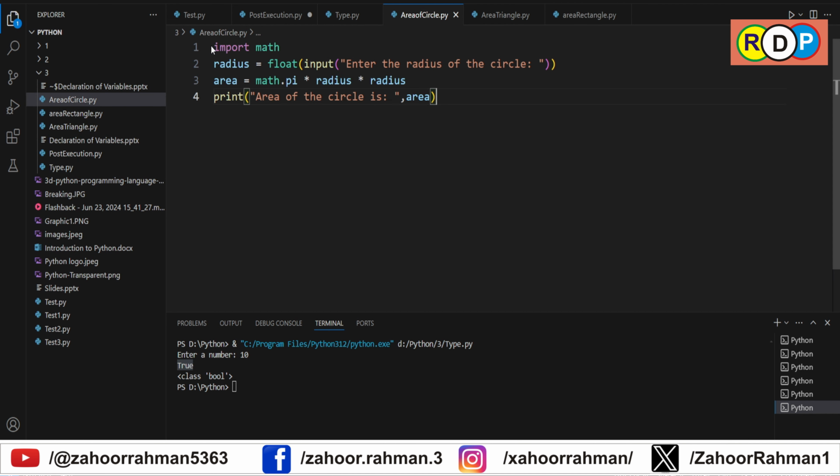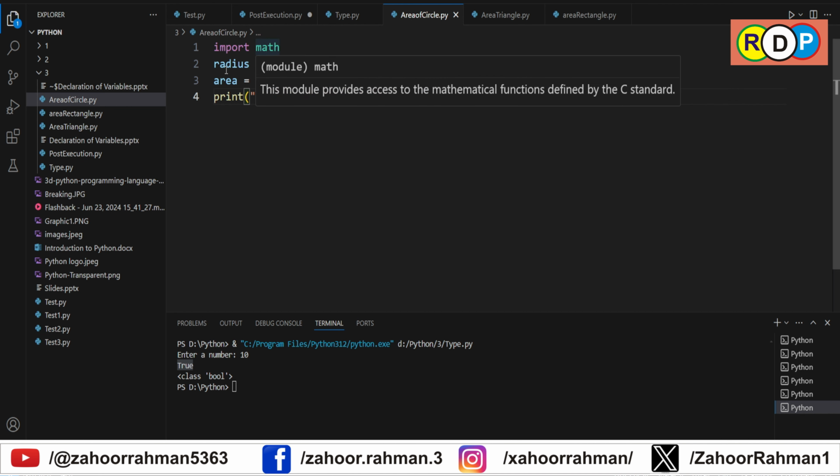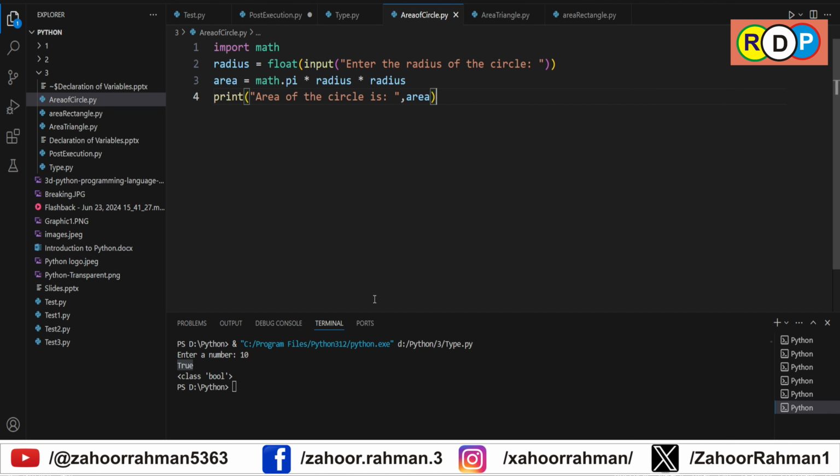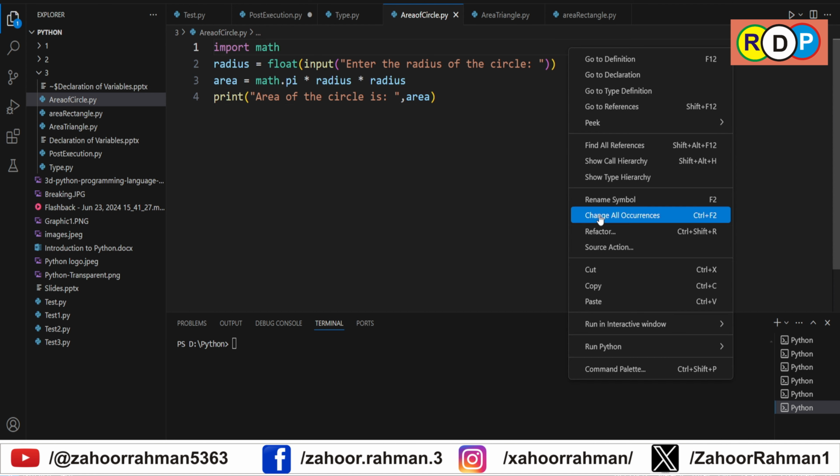and I wrote it exactly. Import math, radius as the variable and input, and then I wrote that program. Let us run this program, but before that I want to clear the terminal. It is not mandatory, but I am clearing so that you focus only on the latest